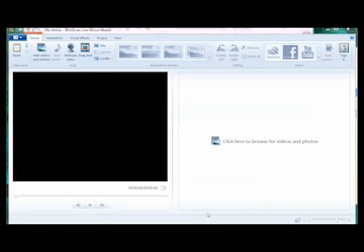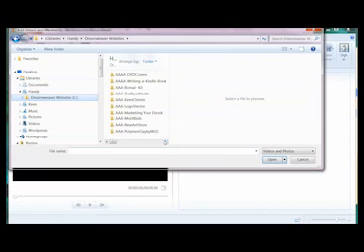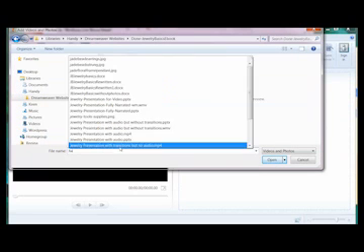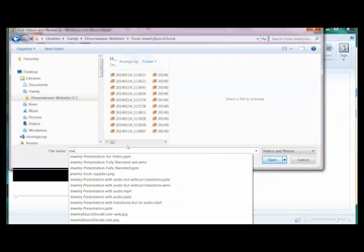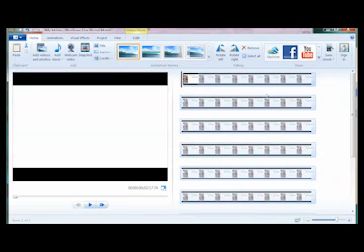I've opened Windows Live Movie Maker. This comes installed on most computers. And I'm going to, let's see, add the video piece we've been working on. Let me see if I can find it. Okay, jewelry. Here we go. All right, and now